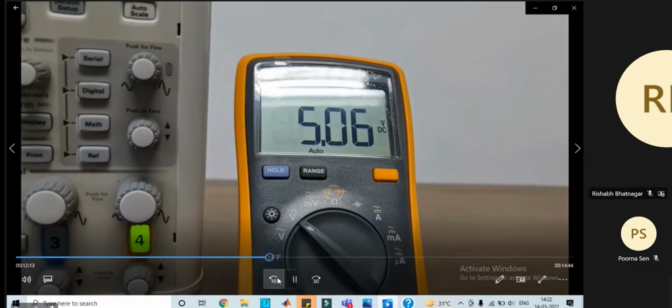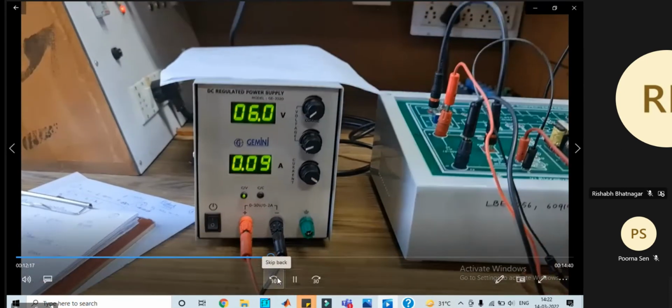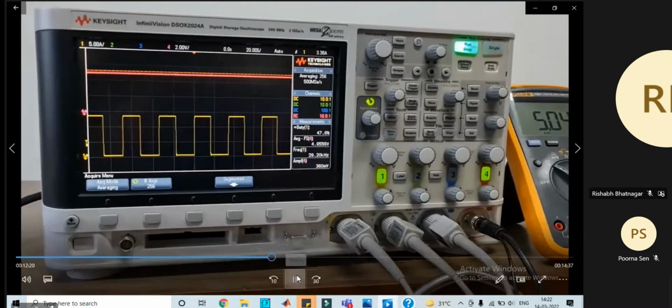Load voltage of 5 volts. Input voltage is set at 6 volts. The duty ratio is